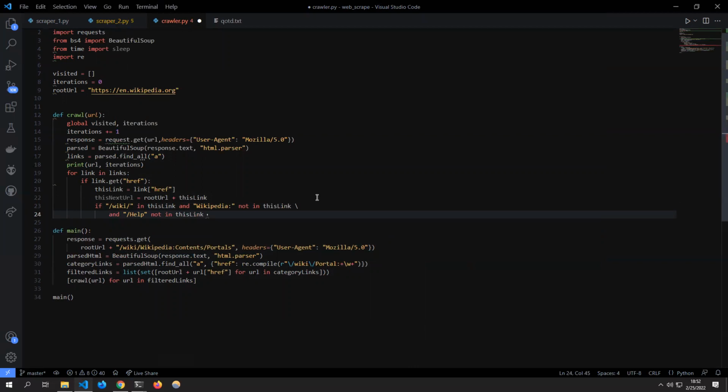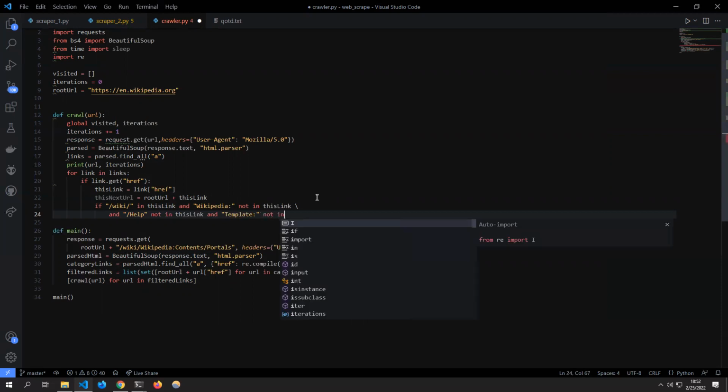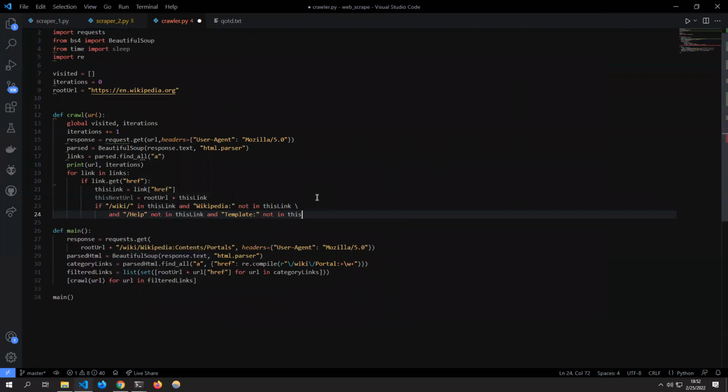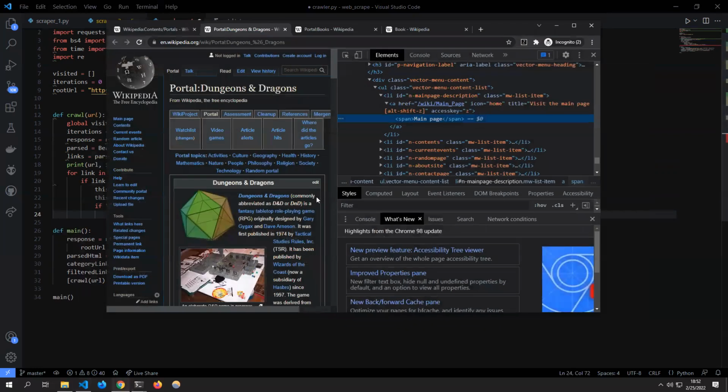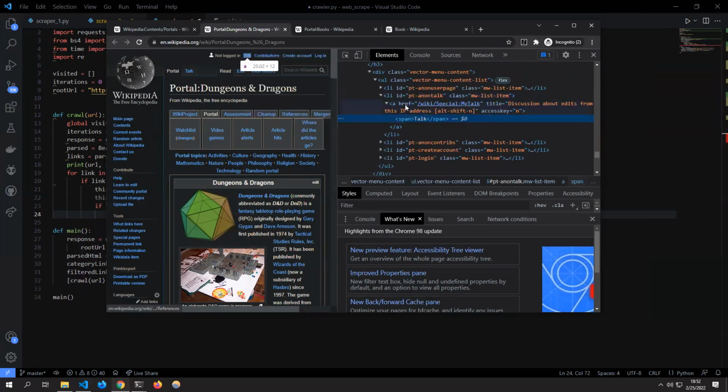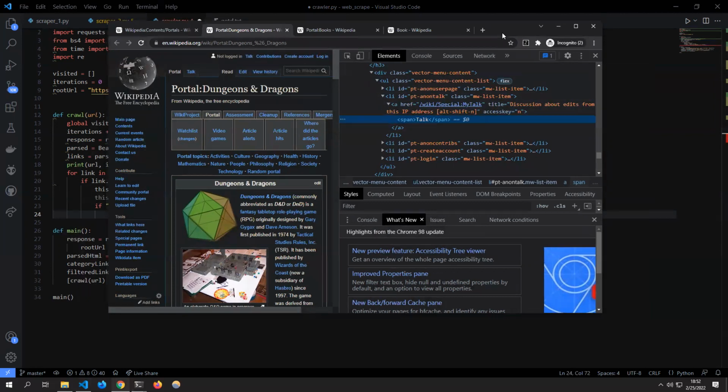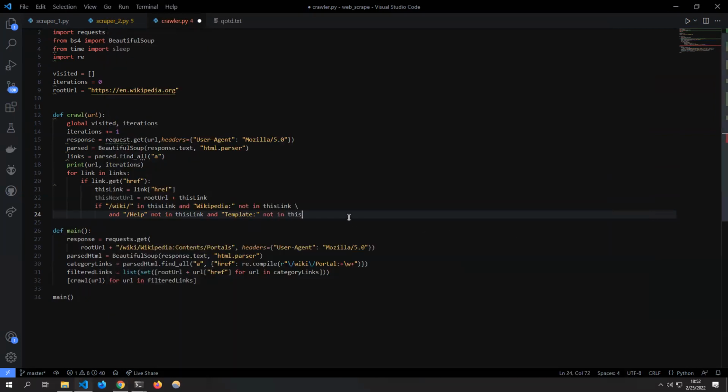And what else do I have here? And templates not in this link. So if you were to do this yourself, you'd have to look at how their website is structured and look at all the stuff you don't want. I found this stuff by trial and error. And so you can see the one I will just type, or not in this link,